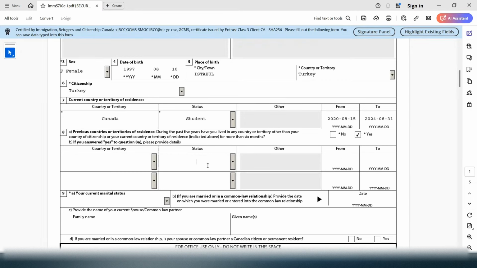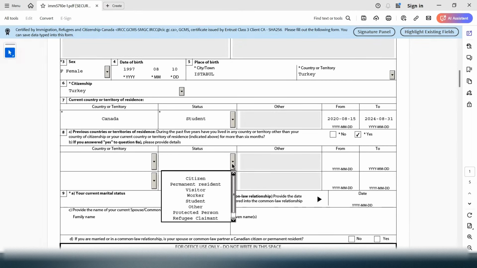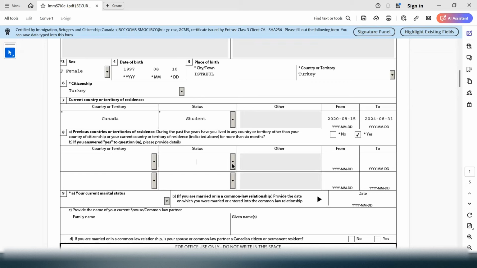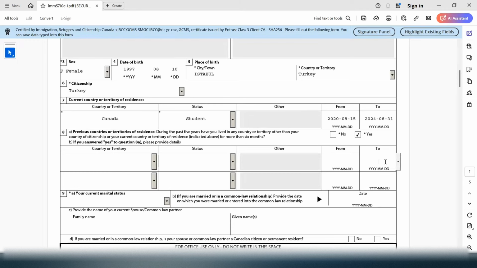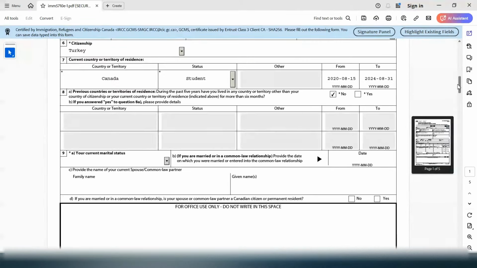You let them know which country it was, and the status that you had. Like if you were visiting the United States on a visitor visa, then you just want to let them know that you had visitor status, and then you have to include the dates. But again, if you were not in any other country other than Canada and your country of citizenship for more than 6 months, you just say no. And as you can see, then you don't have to answer any of these parts. You can just move on to the next section, which is